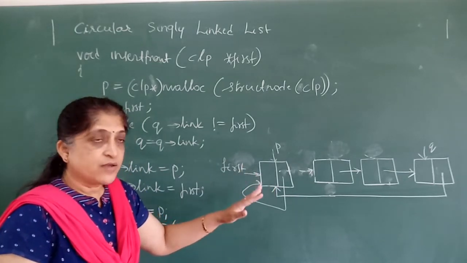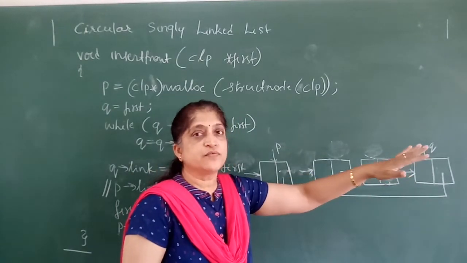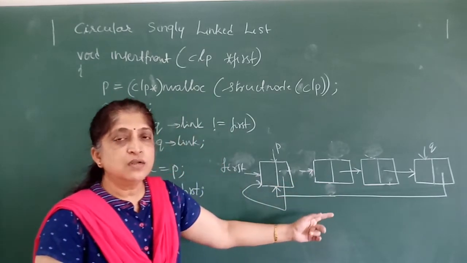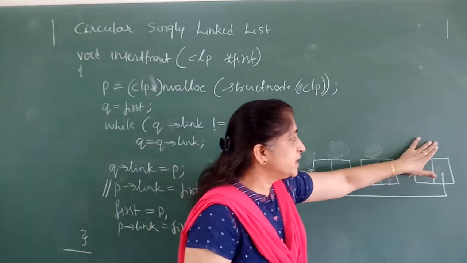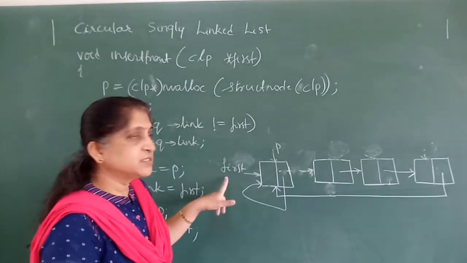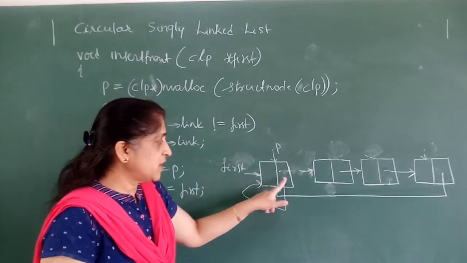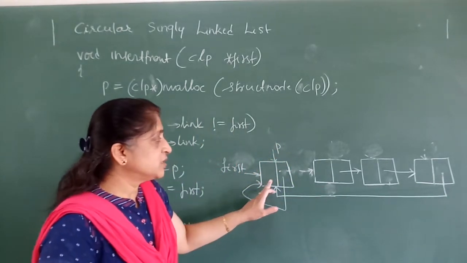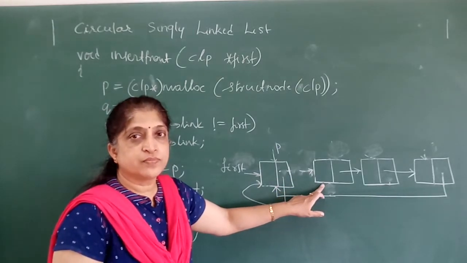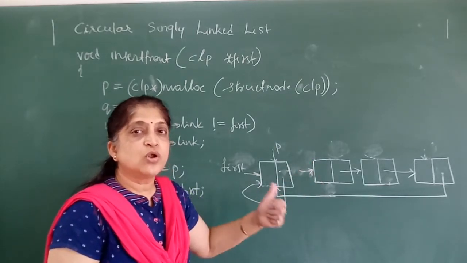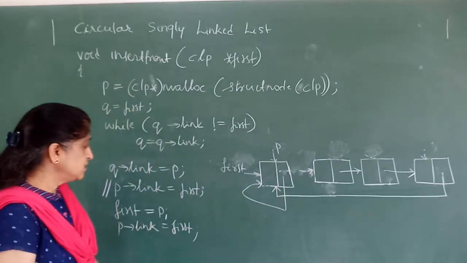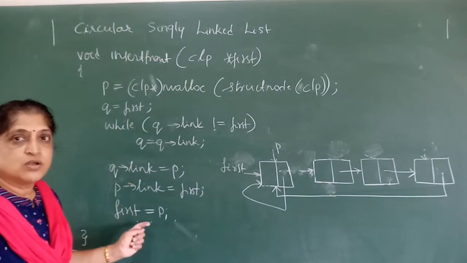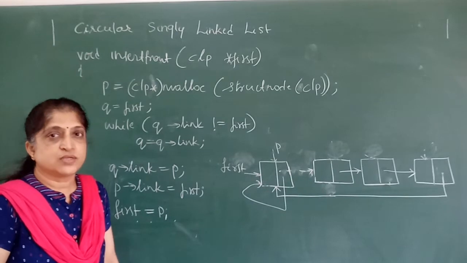Of course, q is a temporary pointer. It will not be maintained because we just use it as a temporary pointer, and it may not be there later. Then what happens here? You have an external pointer first pointing to this node, and it's pointing to itself. Though the last node is pointing to the first node, there is no way to reach the second node here. We have to take care that we do not lose any pointers like that. That's the reason I had written the statements in this order. If we write the statements in this order, then we are sure that we will not lose any pointers.